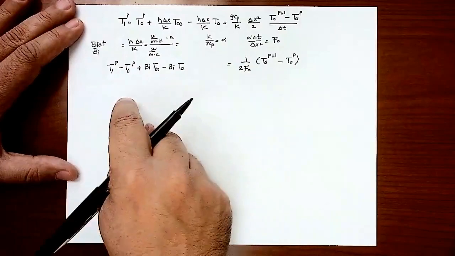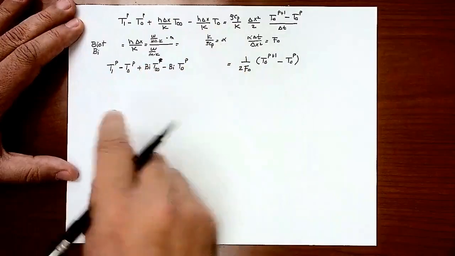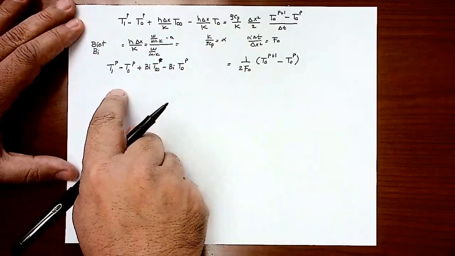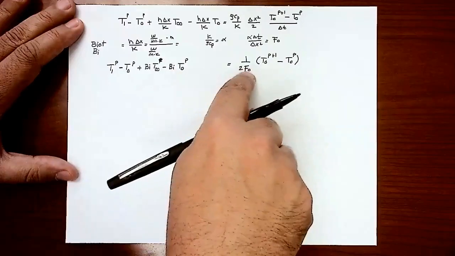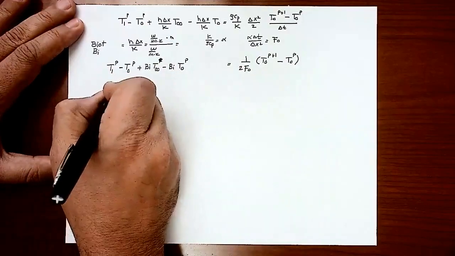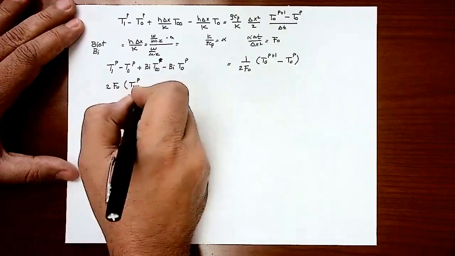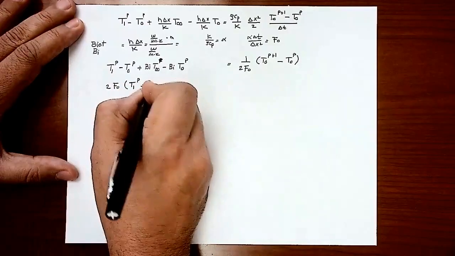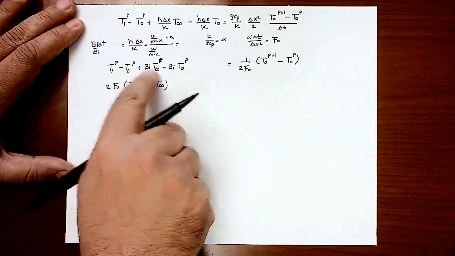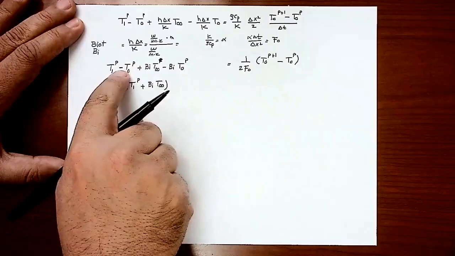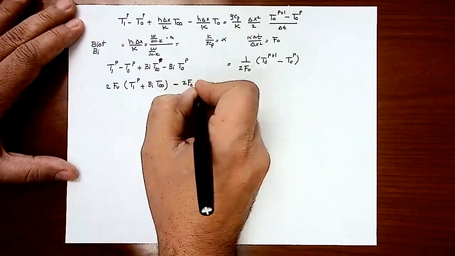Now, that's p. Actually, there is no p here. That's T infinity. That's p. Anything else that's missing? No, I don't think so. You can cross multiply that by the Fourier number. I will have T1 at p plus Biot number T infinity. So 2 Fourier number, I picked up this term and this term. I will have here minus 2 Fourier number,